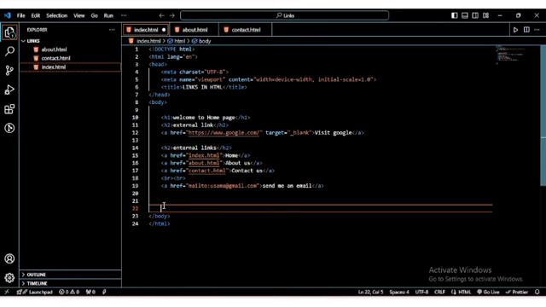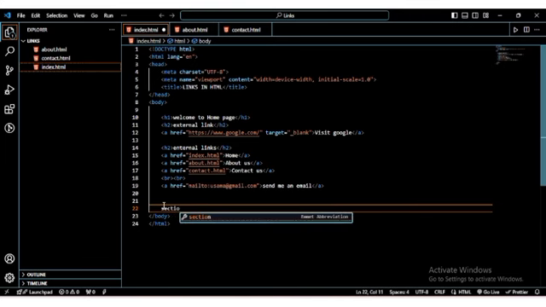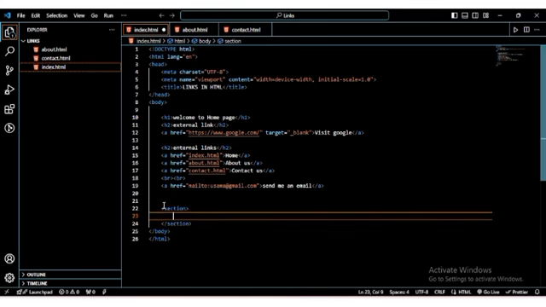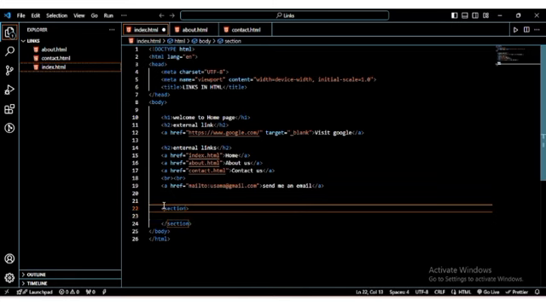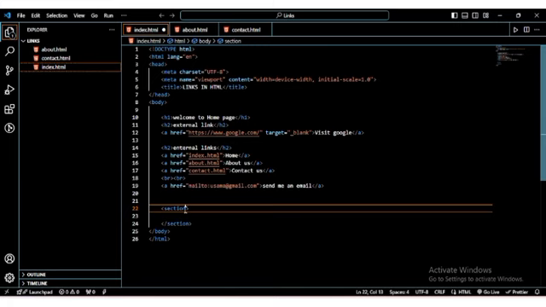Right now I'm going to type some sections and give them an ID. I'm not going to give them a class. We are going to understand what a class and an ID are. I'm going to talk about them more when we come to our CSS part. I'm going to talk about a lot of that,